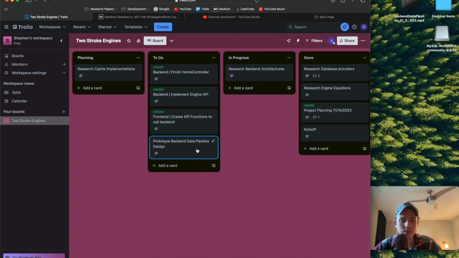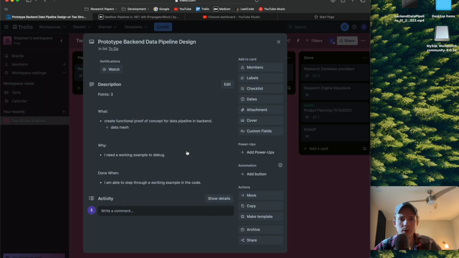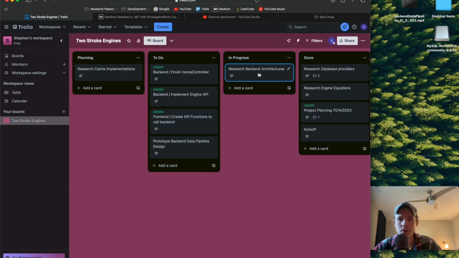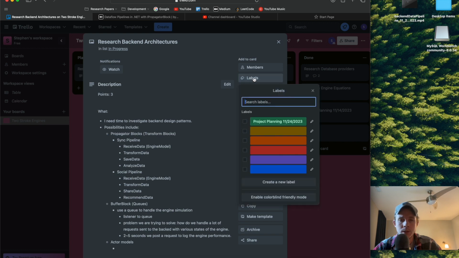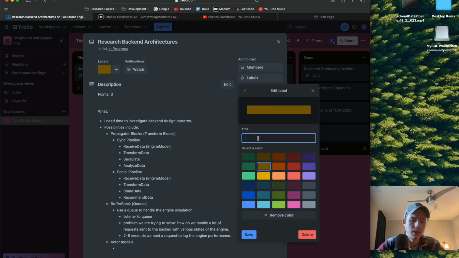So I'm actually going to, okay, hold on. I'm going to shift prototyping back into do, and I'm going to create this with a label, so I can link them because I think they're linked. And again, we just have to do the labels here. So, okay, backend architecture research.